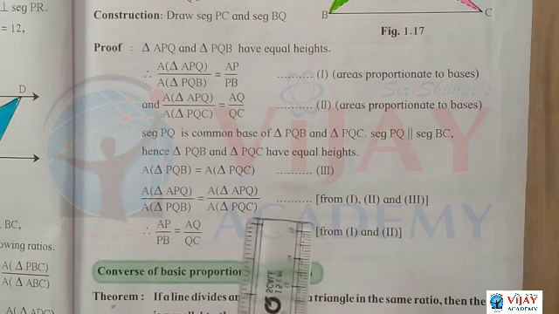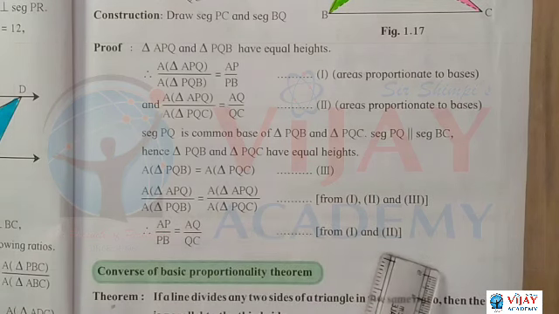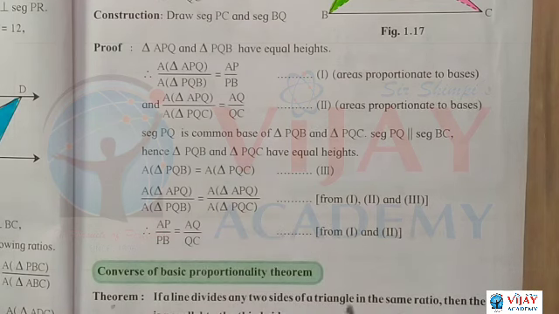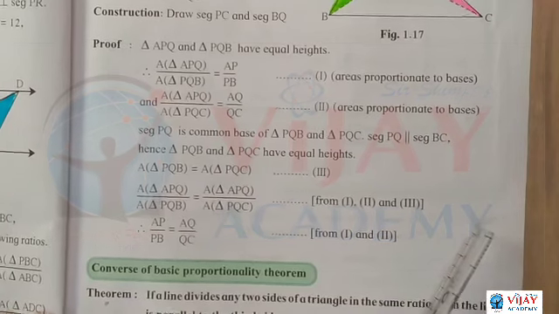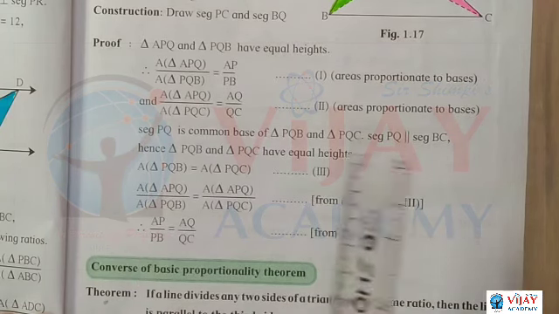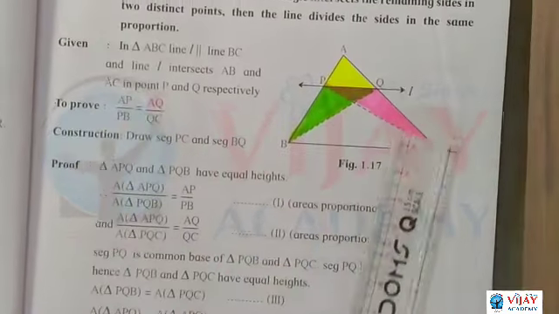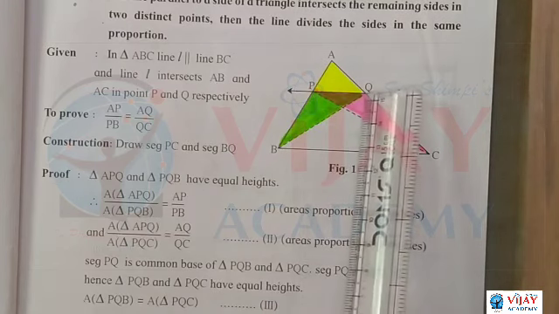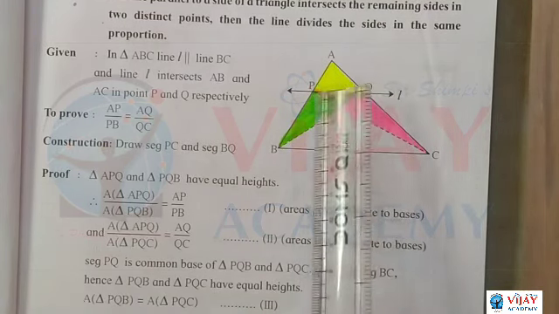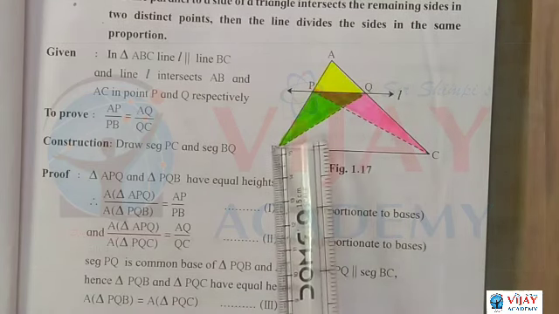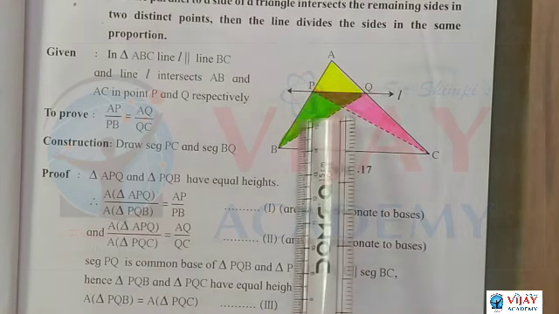So this is a very important and easy theorem, and in this case we use one method, that is the keen observation method. Means while studying geometry, you first have to observe, then write. Observation means what? First take the triangles APQ and BPQ. Q is the common vertex and their base points A, P, B are collinear, so they have the same height, so their area depends on their corresponding bases.